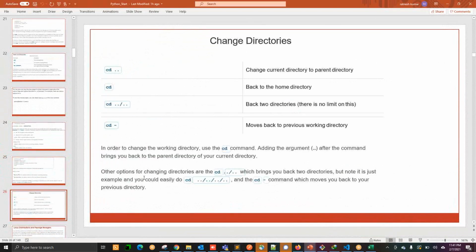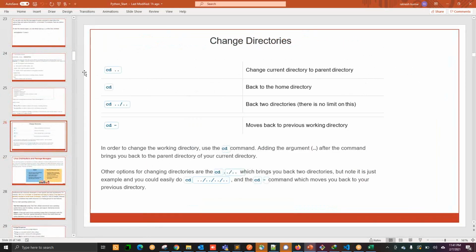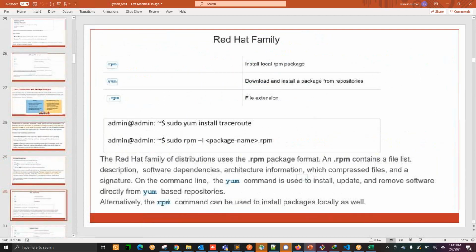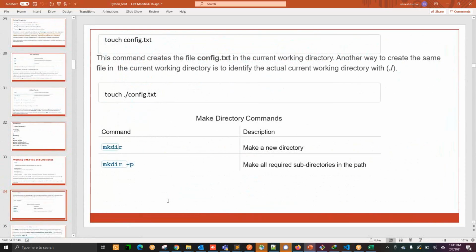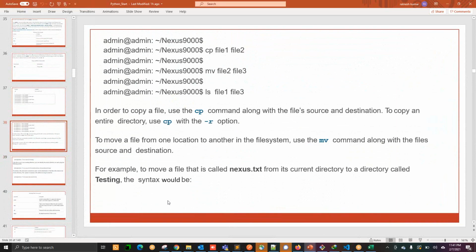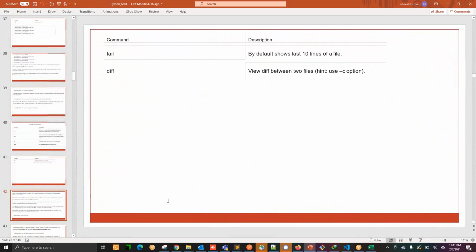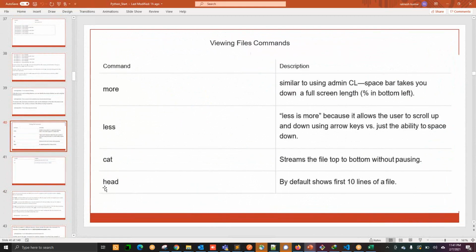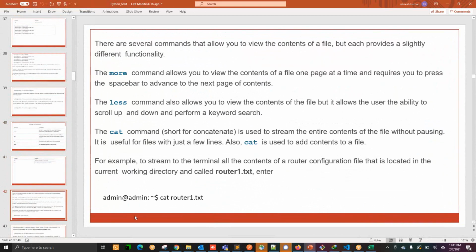These commands are related to Linux as it is. I have given here make directory, change the directory, delete the directory, change the variables, path variables, etc. Those basic things are there. You can go and have a look at this. Copy command is there, cp, cat command is there, tail command is there, more, diff. These are the important ones that I have listed here in the slide.